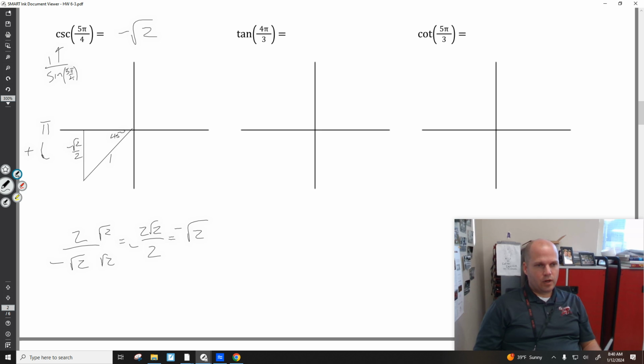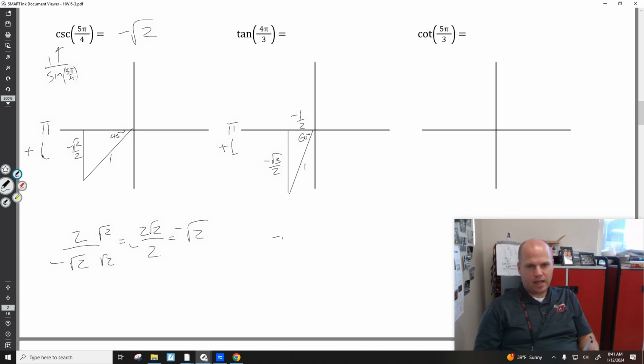Tangent of 4 pi over 3. I know where pi is. I know adding a pi over 3 would be adding 60 more degrees. So here is my 60-degree reference angle. I'm going to stop my terminal ray at 1 onto the unit circle. Tangent is opposite over adjacent. I have negative root 3 over 2 over